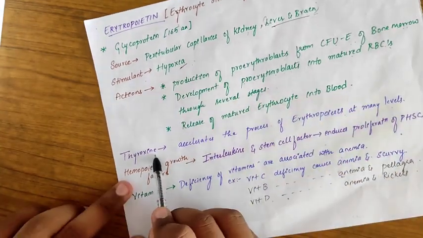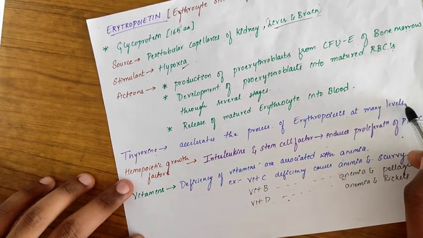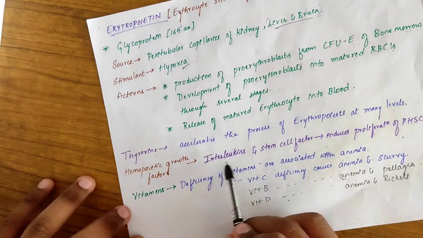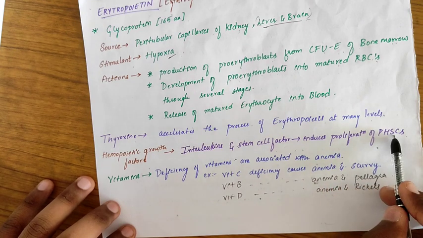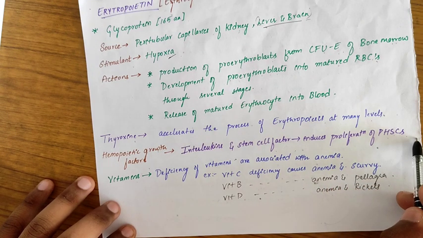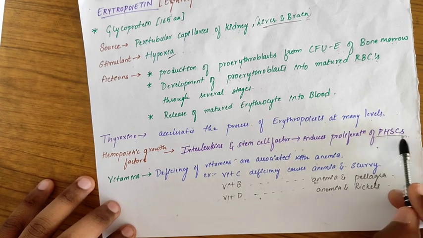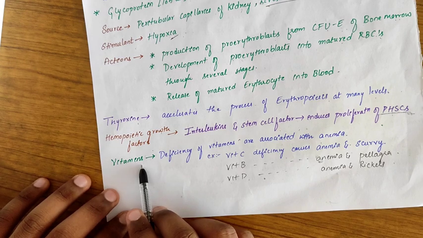Next is thyroxine. Thyroxine is a hormone which accelerates the process of erythropoiesis at many levels. Next are the hemopoietic growth factors. These include interleukins and the stem cell factors. They cause the proliferation of the pluripotent hematopoietic cells, that is, the committed pluripotent hematopoietic stem cells. They form a particular type of cells. And next are the vitamins. Vitamins are required for the